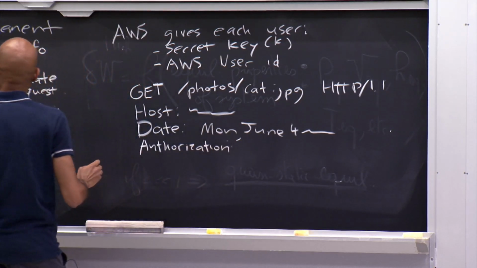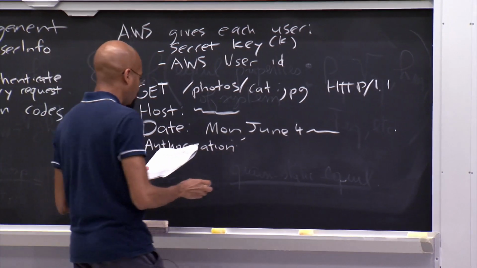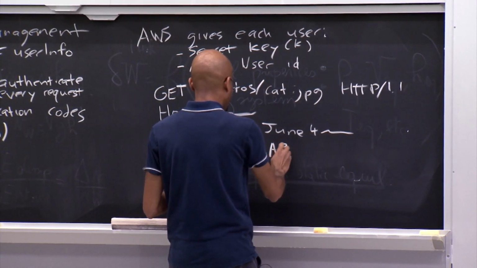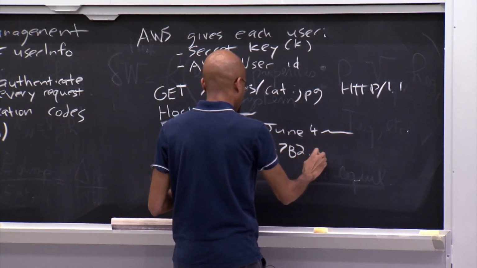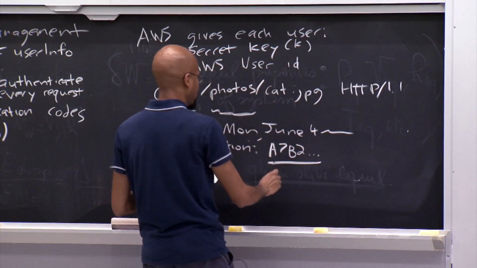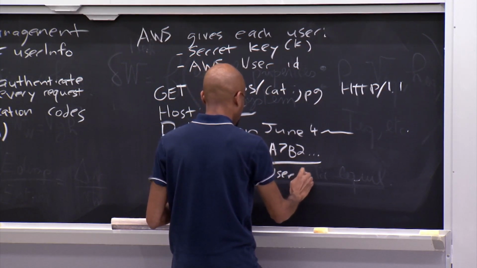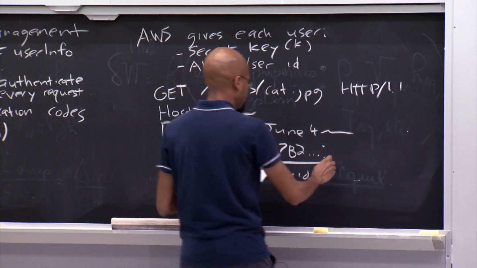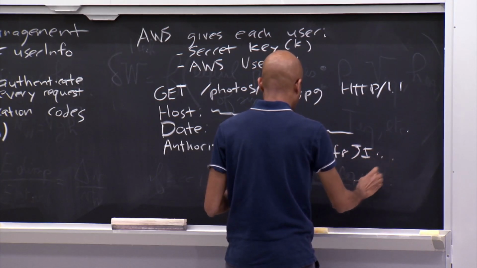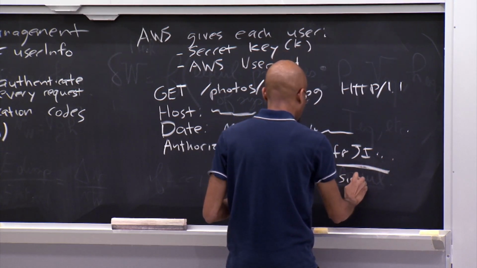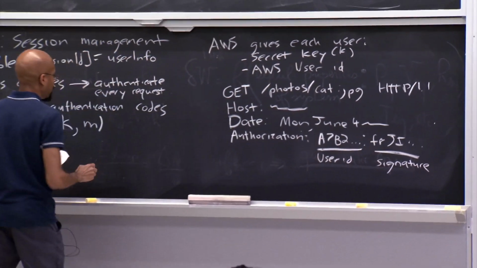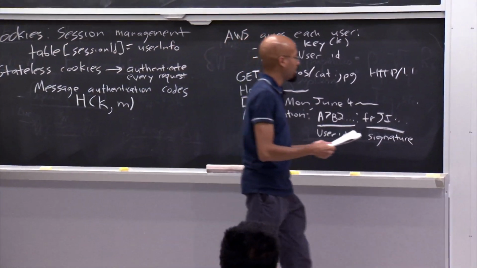And this is where the message authentication code comes in. So essentially what this looks like is you've got some string here. This represents your access ID, or the user ID. And then you've got something here, some other seemingly random letters. And then these things are a signature that use this message authentication code here. So what does that signature look like?